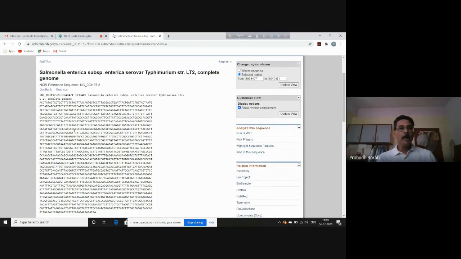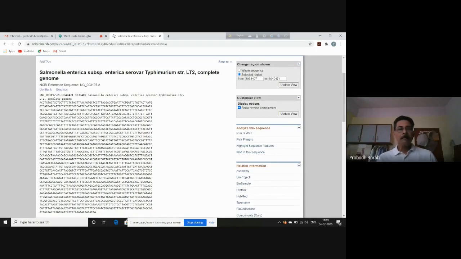If you want to know how many nucleotides are there in the gene, that means what is the size of the gene, then you have to subtract the first figure from the second. Then you can find out what is the length of the sequence. But of course, you have to add 1 because, as I said, the first and the last nucleotide will also be included. So this is the sequence.